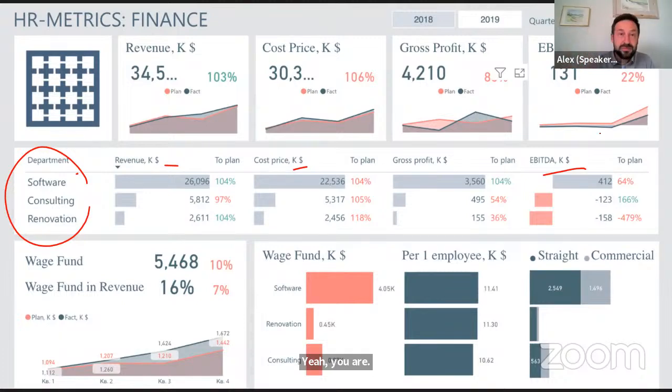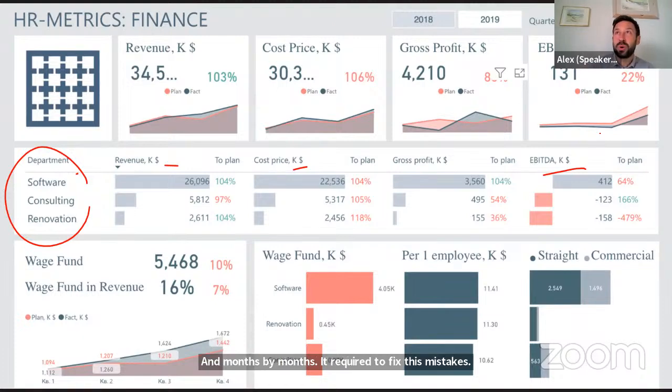So stakeholders liked this dashboard because it's not beautiful, but it's good enough, and it provides clear indicators. But the problem was that HR people provided source data with mistakes, and month by month it was required to fix these mistakes.